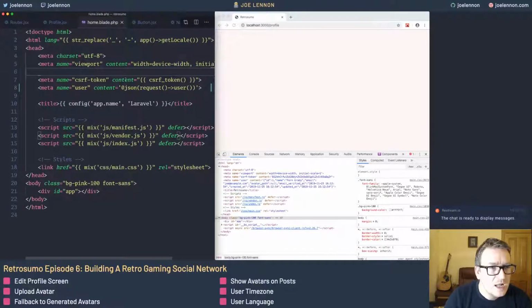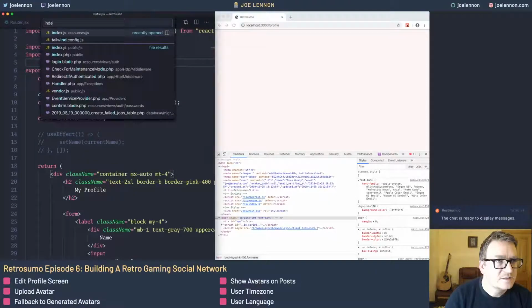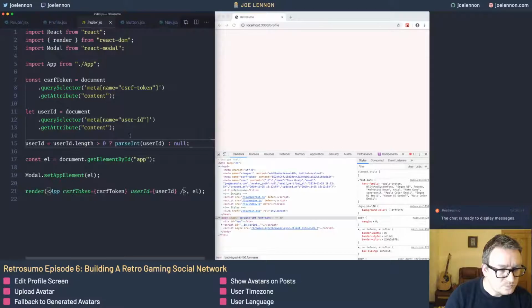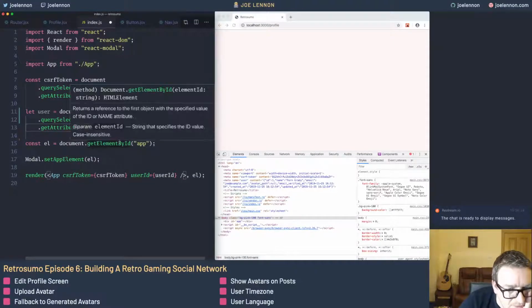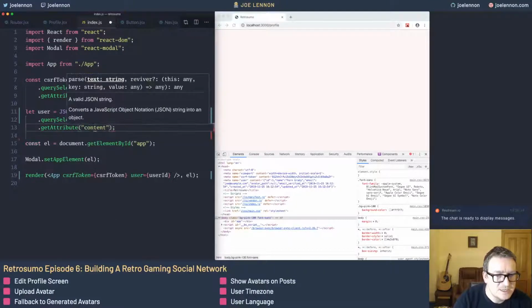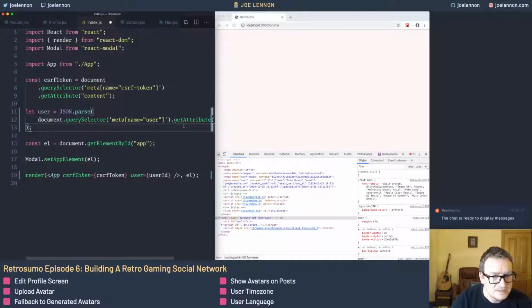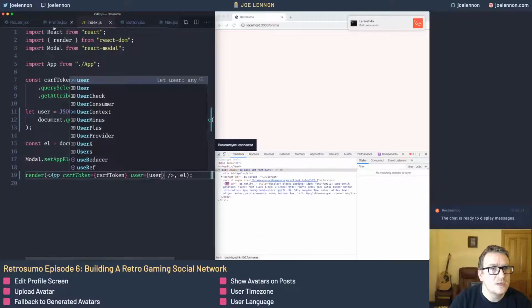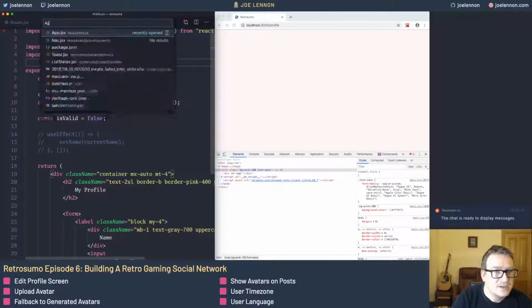So if we now come to our index.js file, in here, instead of getting user ID, we're going to let user, and then, okay, so we're parsing the user ID. We don't need to do that anymore. Might create a problem for us in another area, but for now, let's just focus on doing this. So we're going to want to parse the JSON that's included in that attribute. So let's do this. And then let's pass the user through instead, which means when we come into our app.jsx,